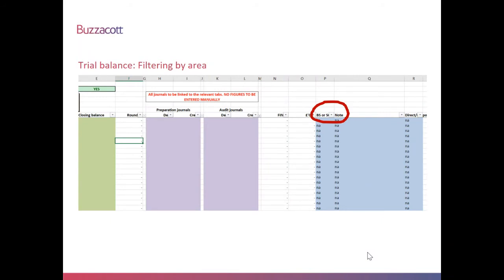And as I said, this workbook's good for audit trails. So you can filter by type. If you wanted to see what went into prepayments, you can filter by pre and see how those nominal codes went into that. Or you can filter by areas of the financial statements or notes to the accounts, and that's columns P and Q here, which I've circled. So if you wanted to see what was in debtors overall, you could just filter by debtors and see what's in there. And that's very good for cross-checking back at the end and making sure your accounts balance, which I'll come on to. So on the next slide,